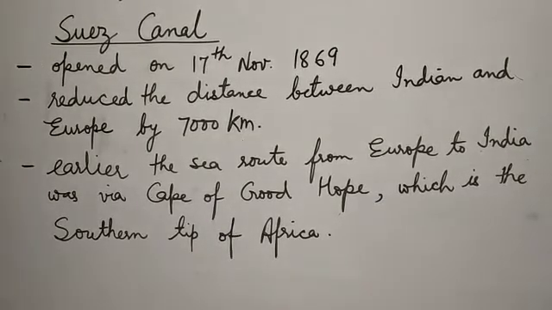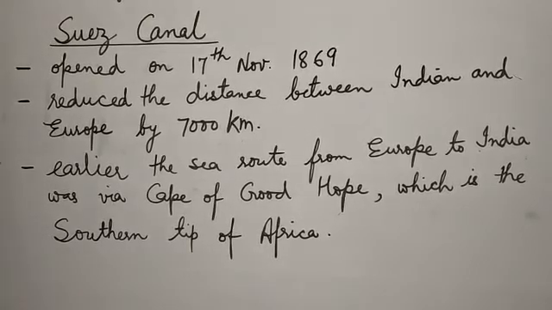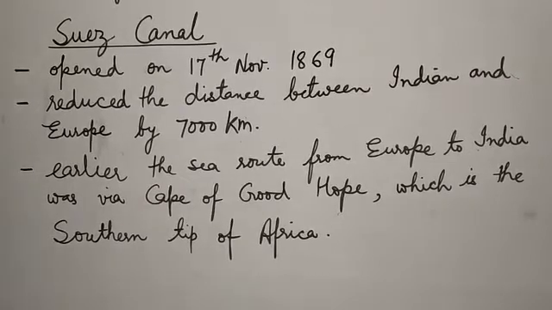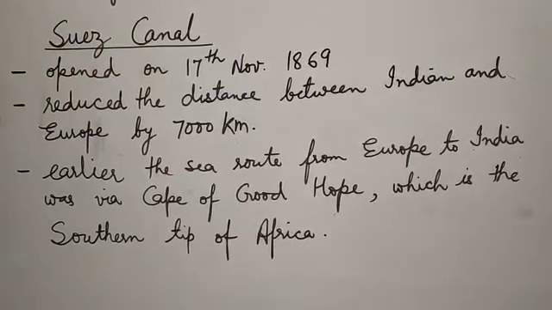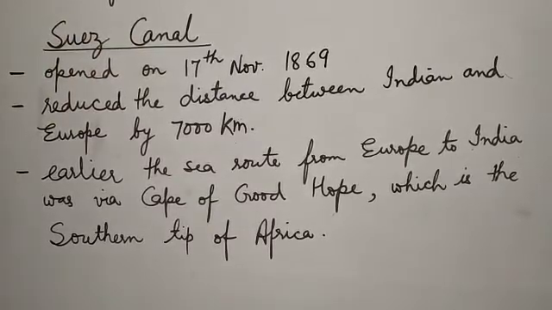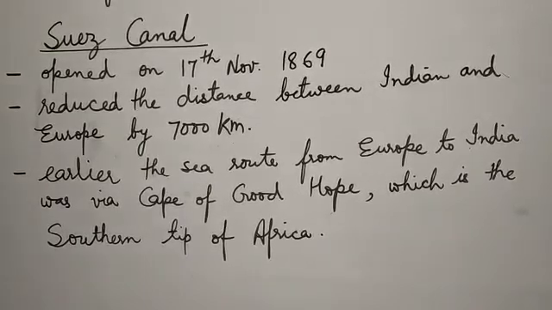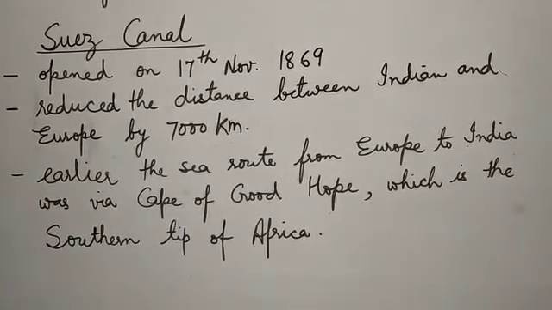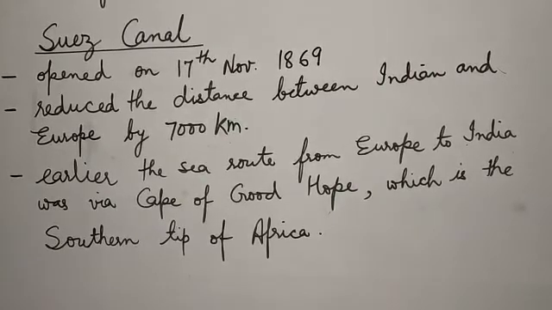Last time we discussed a very important sea route, Suez Canal. Today we discuss the benefits of Suez Canal. Now we know it was opened on 17th of November 1869, but the construction began on 25th of September 1859, and the length, we know, is 193.3 kilometers, and its start point is Port Said and end point is Port Tewfik in Suez.